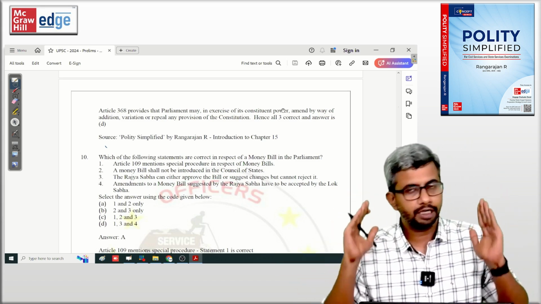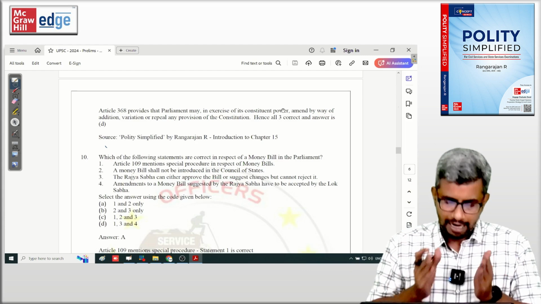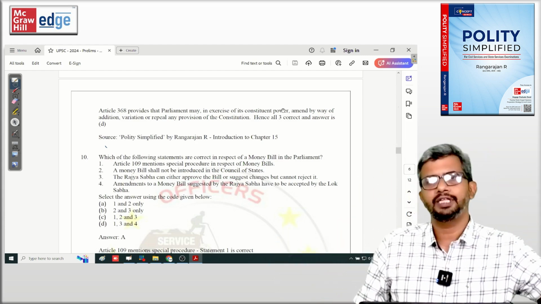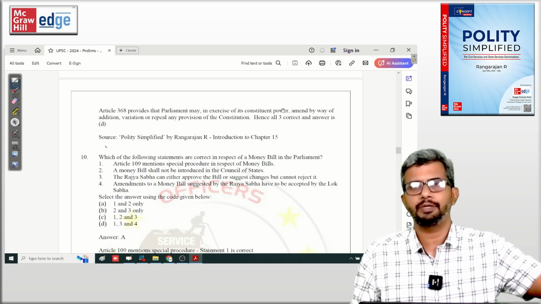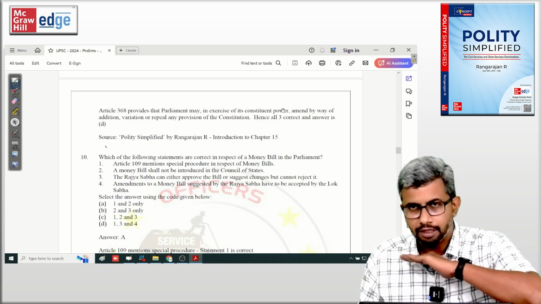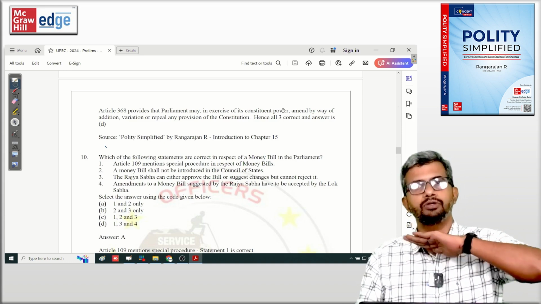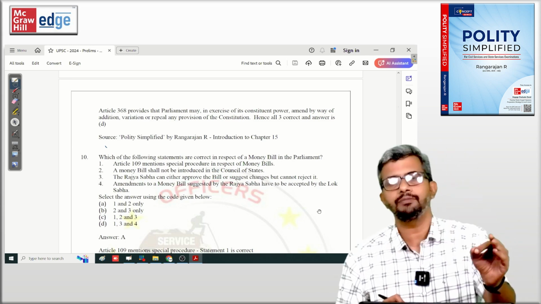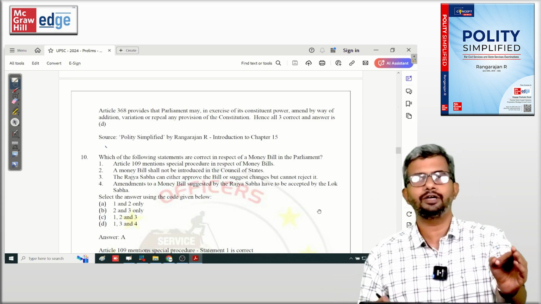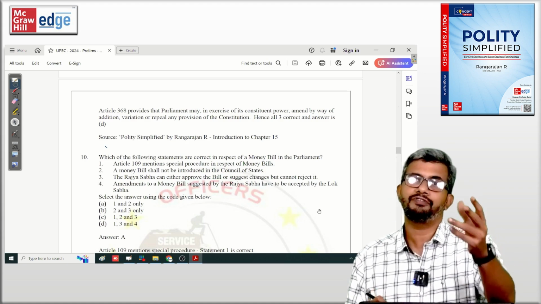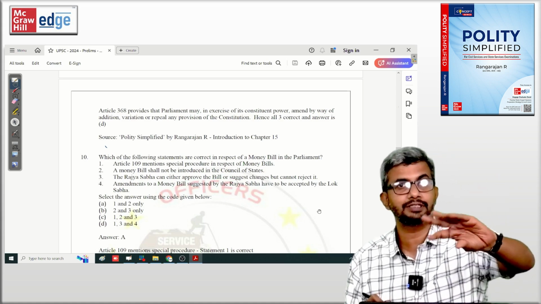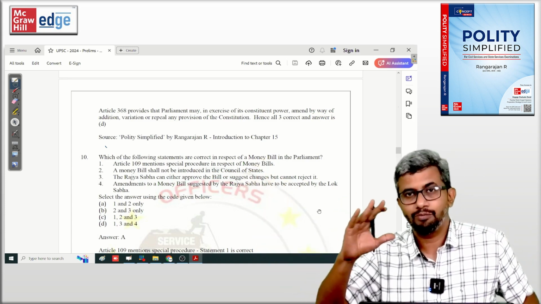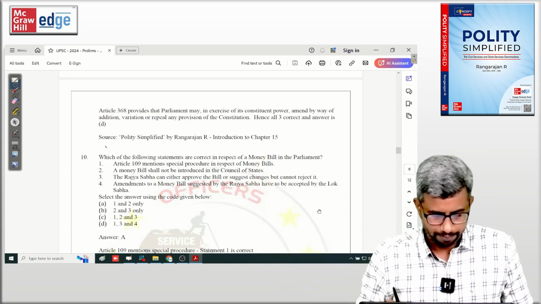So the third statement, in my opinion, is incorrect. And fourth statement is obviously incorrect, right? Amendments which are recommended by the Rajya Sabha may or may not be accepted by the Lok Sabha. It is not compulsory. Having to be accepted by Lok Sabha is again incorrect. So the answer, in my view, strong view, in our academy's view, is again 1 and 2. If UPSC interprets approval as acceptance and wants to give 1, 2, 3 as the answer, we'll have to wait for one more year. But more or less, I think 1 and 2 should be the answer, right?